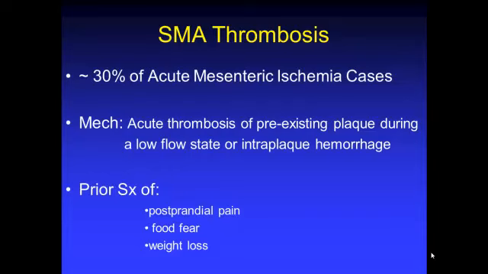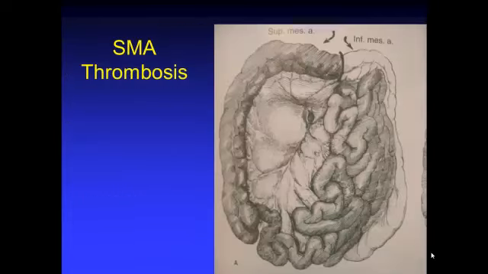The clue to this will often be that the patient will have some evidence of chronic mesenteric ischemia going into this. Not always, but in many instances, the postprandial pain, the so-called food fear, where they're afraid to eat because of the pain that they tend to get after eating, kind of an angina of the bowel, or intestinal angina as it's sometimes called, and significant weight loss as a result of this. So these should be historic findings that should heighten your suspicion that this may be an SMA thrombosis that you're dealing with, rather than an embolus if the patient has some findings suggestive both on history of chronic mesenteric ischemia